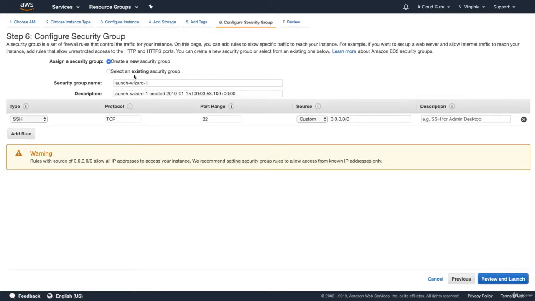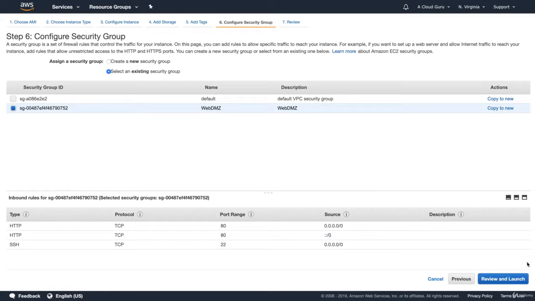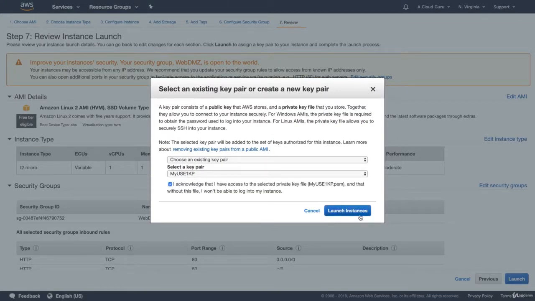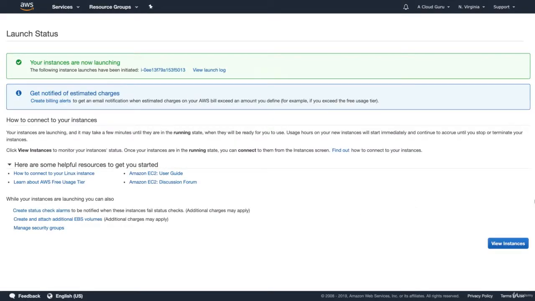I'm going to go and add my security group. So I'm going to add it to an existing security group. I'm going to go ahead and hit review and launch. And I'm going to go ahead and launch my EC2 instance. So that is now